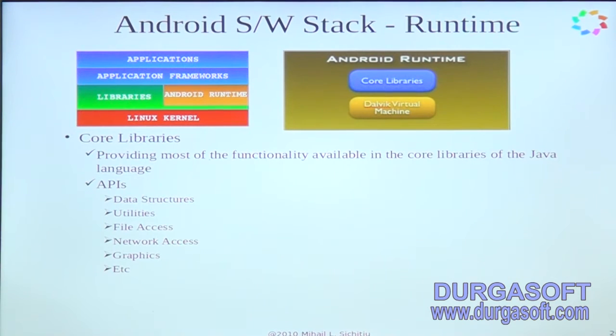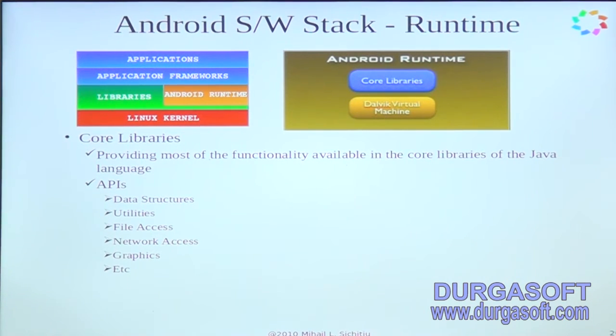For example, core libraries are libraries like libc, WebKit, OpenGL, and APIs like data structures, utilities, file access, network access, graphics, etc. So each and every part of the Android applications that you see is interrelated with these. The core libraries consist of all the libraries that you see in everyday applications, like data structures,